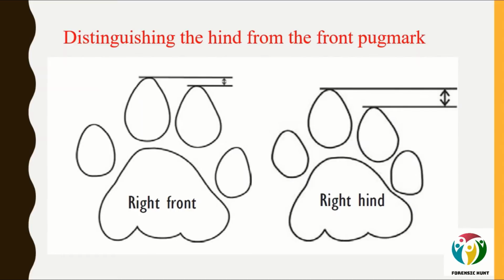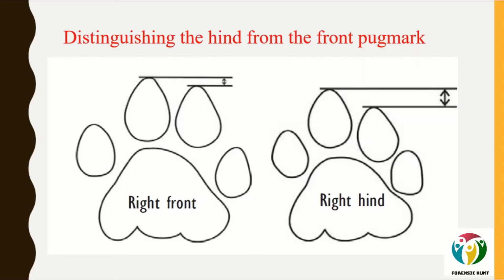And if we talk about the difference in the features of the limb, the front pugs are larger than the hind pugs, and in a front pug, the forwardmost points of the 2 middle toes are almost at the same level. As you can see in this picture, the frontmost point of the 2 middle toes is this one, and if we compare the difference, it is actually negligible. So they are almost at the same level, whereas in this picture the difference is quite large. So they are not at the same level. This is the case of a hind limb, whereas if they both are at the same level, then it is the case of a front pug.